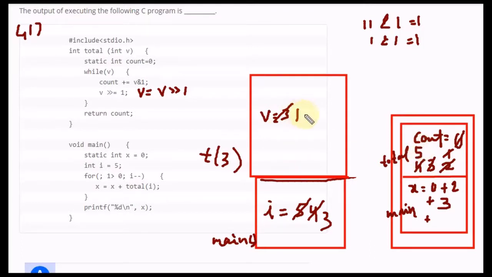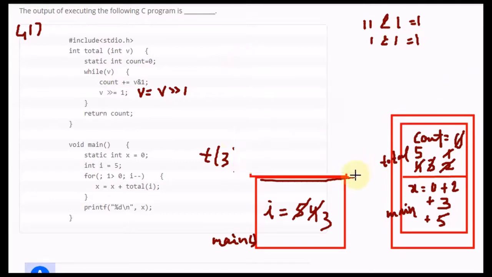So after that this value will be 0, so this condition is false. Now count value will be written here to here, so again 5 will be added here. So this was the last line. After that our this t3 function will be popped up from the memory, from the stack. Okay, again in the for loop our this I will be decreased by 1, its value will be 2. So again this condition is true, that's why our t I, that is t2, will be called here again.